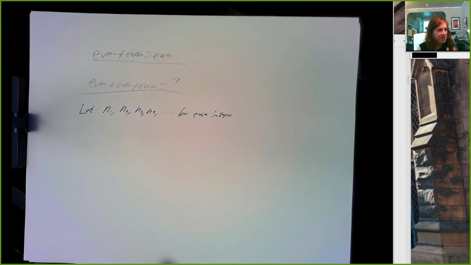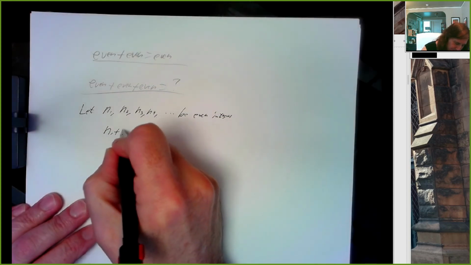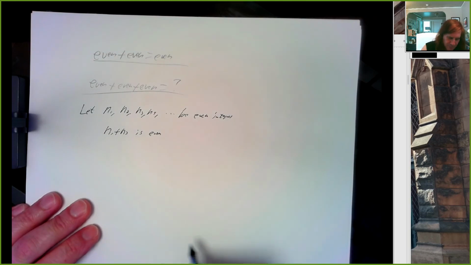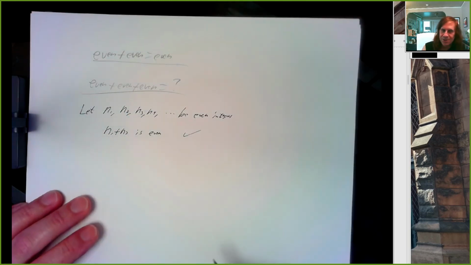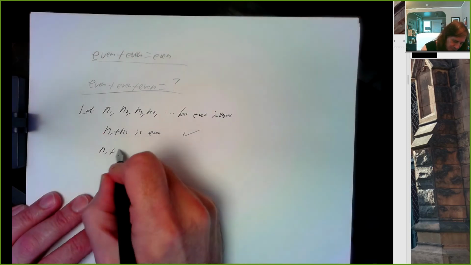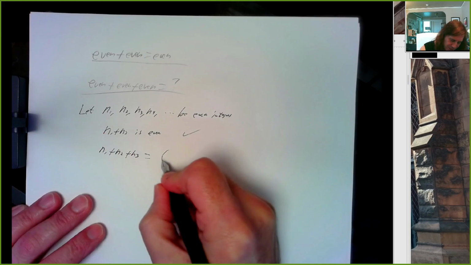Okay, so suppose we've got a bunch of even integers, n1, n2, n3, n4, and so on, right? We know that n1 plus n2 is even, and we know that because we've got a theorem that adding two evens gives us an even. Suppose we look at n1 plus n2 plus n3. We can write that as